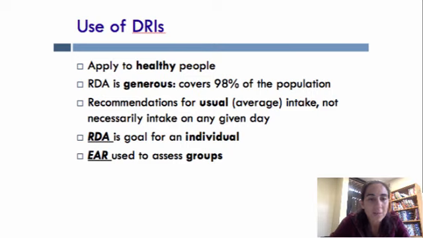I will be mentioning the RDA or the AI for most nutrients, if not all nutrients, that we'll be covering throughout the semester. Those nutrients with a UL, so not every nutrient has a UL, but those nutrients with a UL, I will be providing that. And I would like you to note which nutrients have a UL, which nutrients have an RDA, which have an AI. It will be important to kind of keep in mind